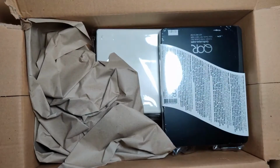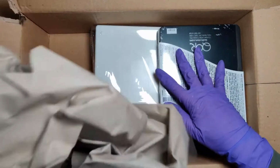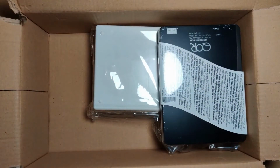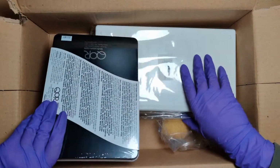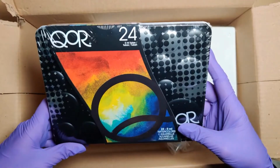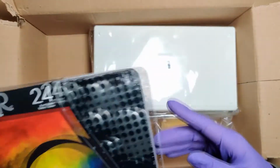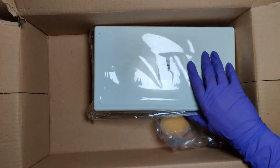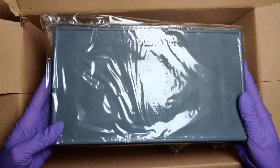Let's get this paper out of the way. It's packaged quite securely, none of it moved, so it seems like it got here in good order. Now we have this beautiful set of watercolors by QOR, which I will be unwrapping with you right here, so stay tuned for that. Let's first get into the rest of the box, and there we have 2 of these